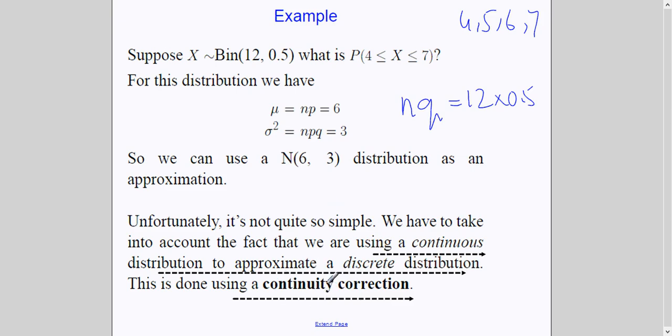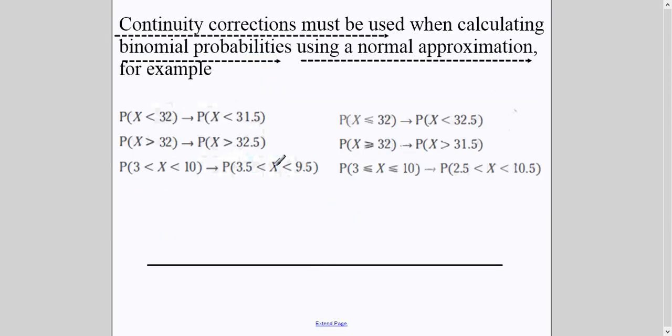Now, what is continuity correction? Let's see. I have taken a few examples to explain to you, and I will explain with the help of a number line. So let's pick up number 1 first. X is less than 32. Now suppose this is discrete data, and you are changing it into normal data. So continuity correction you will apply on this. Now what does it mean? Suppose 32 is here on the number line. I am saying less than 32. It means I'm talking about the values on the left hand side, right? Just focus here right now. Equal to is not here. It means this value is not included.